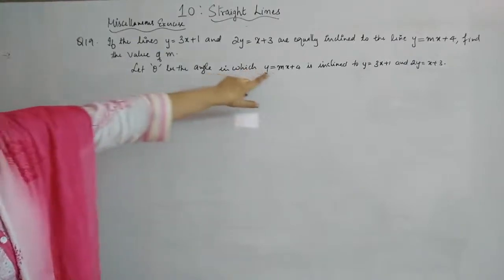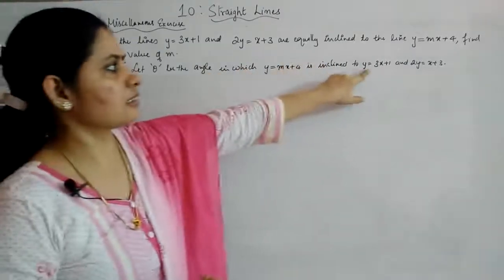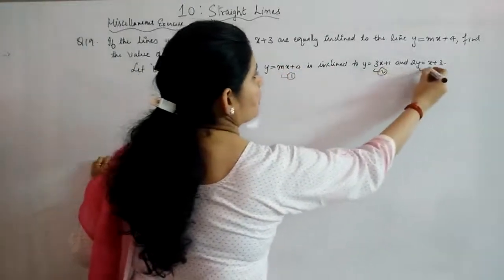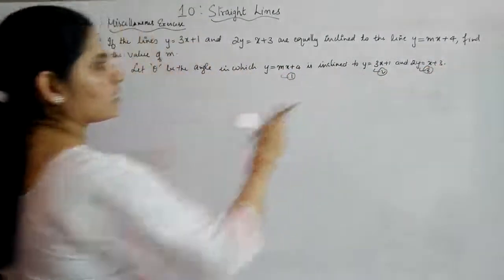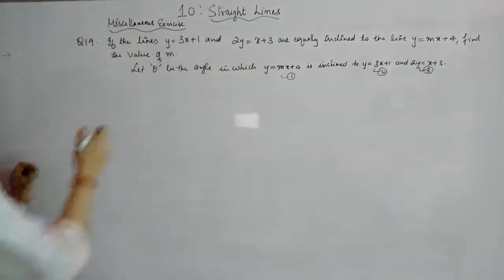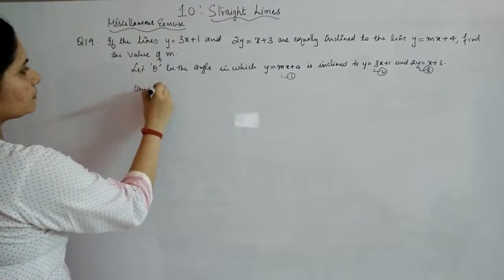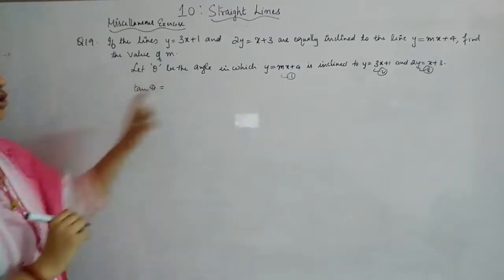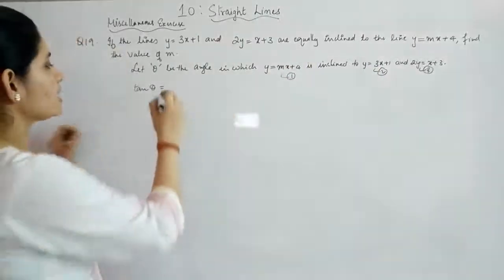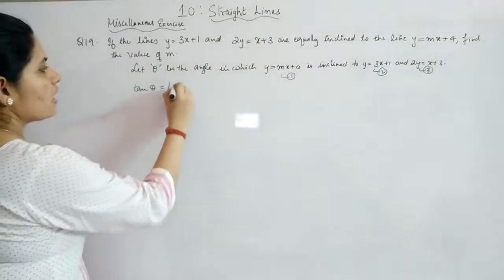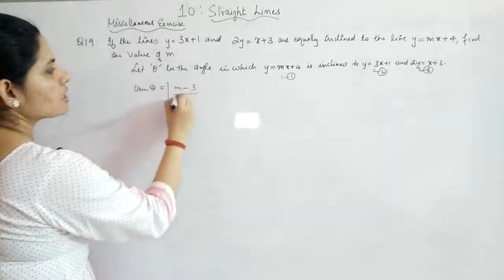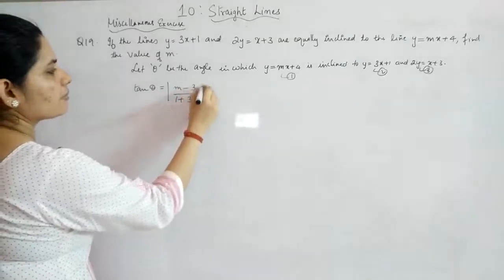So the line, this and this, for first, this is 1, 2 and 3. So first and second equations, in between that we are finding out what is tan theta. Okay, so tan theta for these two lines means slope of first line is m, and for the second line it is 3. Okay, so you will get tan theta is equal to m minus 3 divided by 1 plus 3m, right?